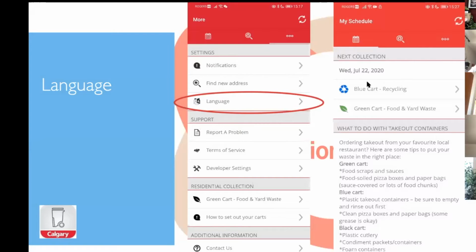If you actually click on one of the icons there, let's say we clicked on Blue Cart Recycling, unfortunately I don't have a picture for this, it will actually give you a breakdown of what you can put inside of those bins. So it makes it really easy to keep things organized. And if you do have any questions on what you can put in there, you can always click on either the green bin, the blue bin, or the black bin to figure out what you should be